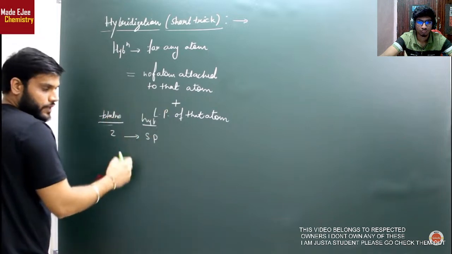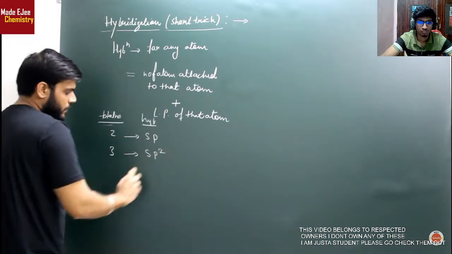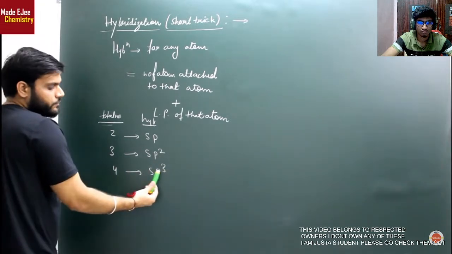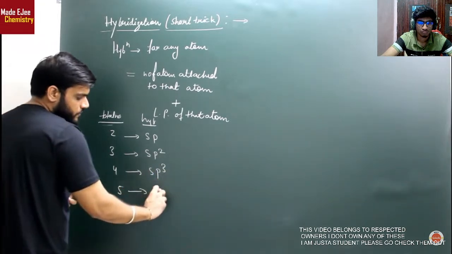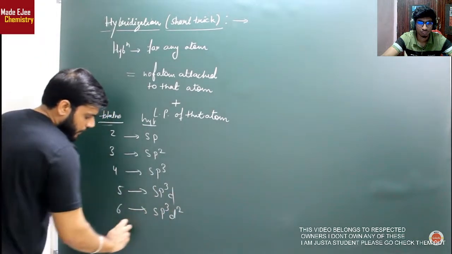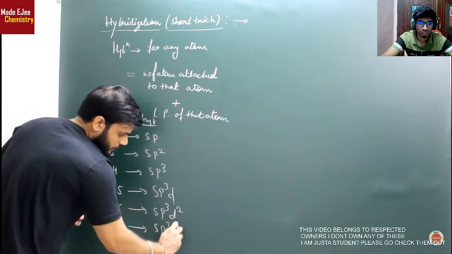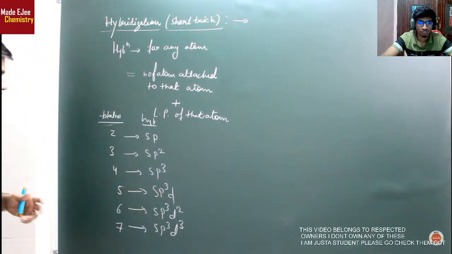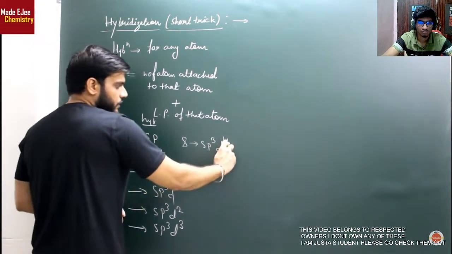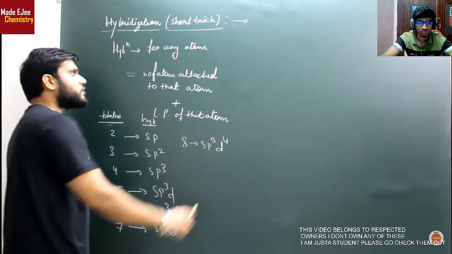अगर इन दोनों का total आता है दो तो hybridization होगा sp, अगर आता है तीन तो sp2, अगर आता है चार तो sp3। अब p में 3 से ऊपर जाएगा नहीं, देखिए s में सिर्फ एक ही orbital होता है, p में 3 orbitals होते हैं। और अगर आ गया 5 तो sp3d, अगर आ गया 6 तो sp3d2, अगर आ गया 7 तो sp3d3, इस तरह से चलता जाएगा, d 5 तक जाएगा, उसके बाद f आ जाएगा। अगर ये 8 गया तो sp3d4। But ये बहुत ज्यादा हो गया, इतनी जरूरत पड़ेगी नहीं आपको।